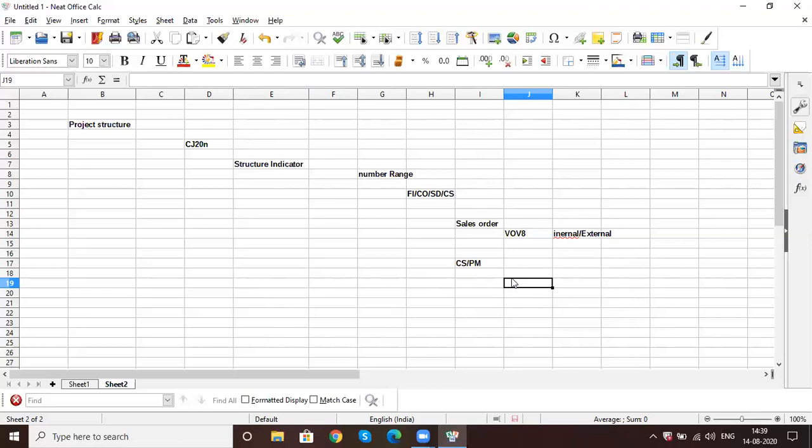In most cases we go with internal number range; external is very limited. I've never used an external number range for any of these objects. Sometimes I use it for billing, in the case of Brazil tax invoices or Argentina invoices. The rest all use only internal number range.